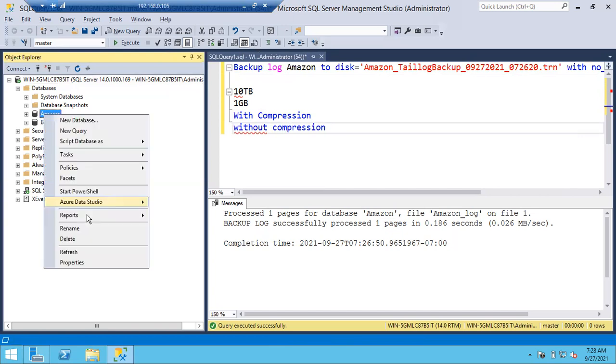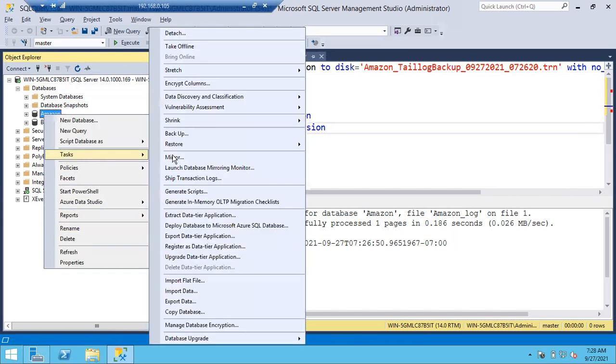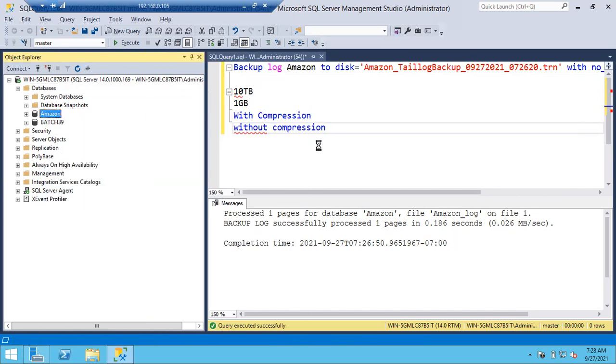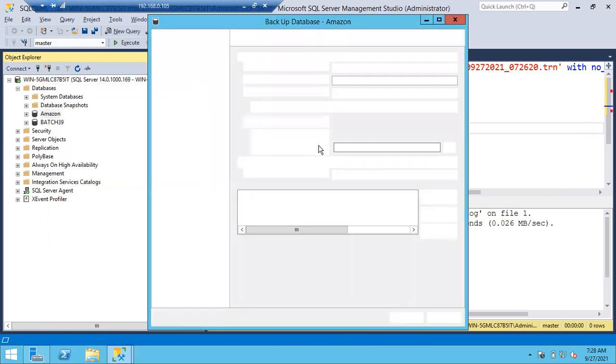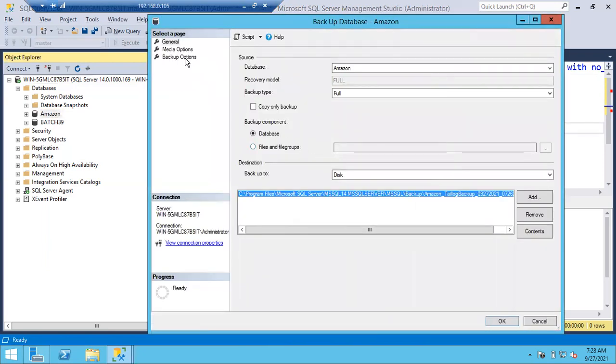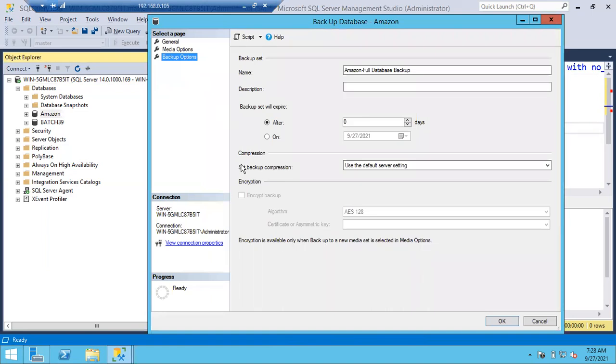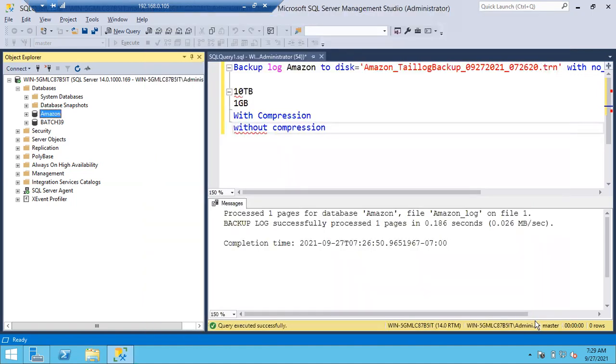If you go to SQL Server, while taking the full backup, you have a chance to select the compression or no compression backup option. Set backup compression: you can use the default server setting, or you can compress the backup, or you can simply not compress the backup. Is it good to compress my backups, or is it bad practice to compress any data?